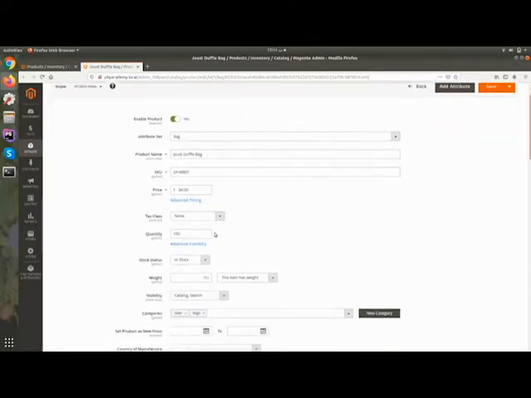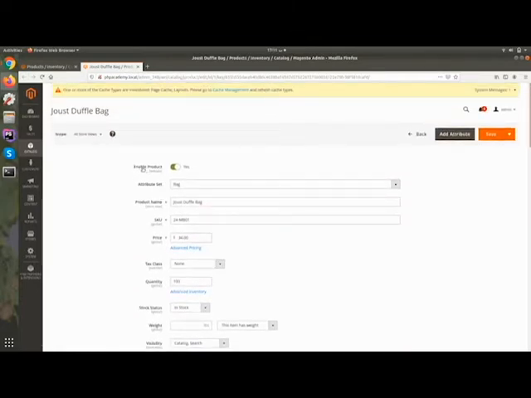Here you can see we have the option to enable or disable the product. If you disable this product, it will not display on the front end anymore, and if you enable it, then it will display on the front end.